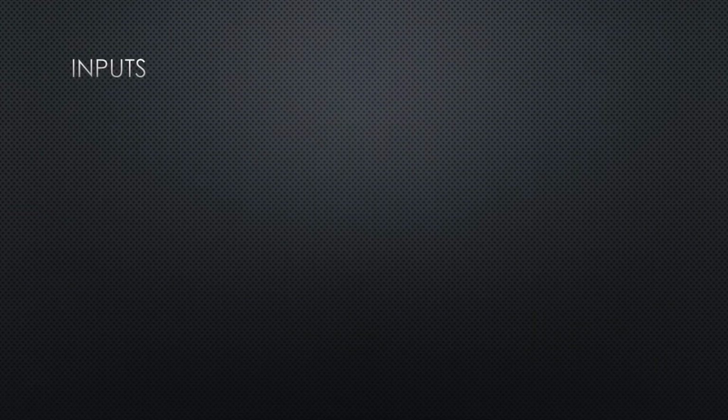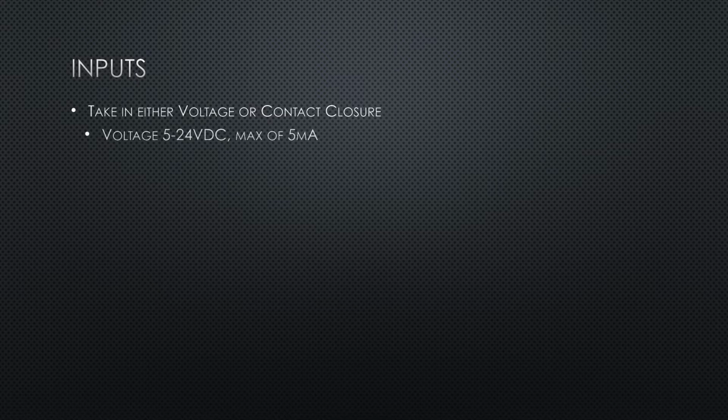Inputs allow you to take a voltage or contact closure signal and use that to make decisions. It could be used as a trigger to start a sequence, it could be used as a variable or parameter in an event, or as part of conditional logic to check if a particular input is on or high, off or low. The controllers support from 5 to 24 volts DC on the inputs, with a maximum of 5 milliamps